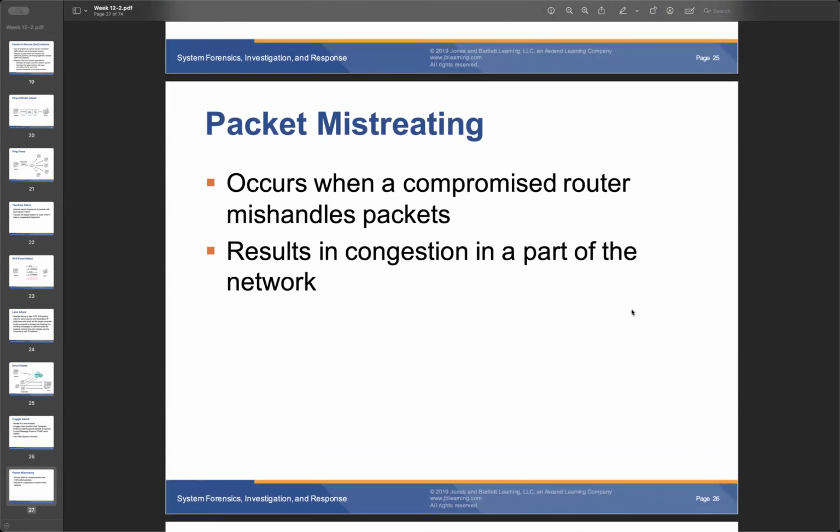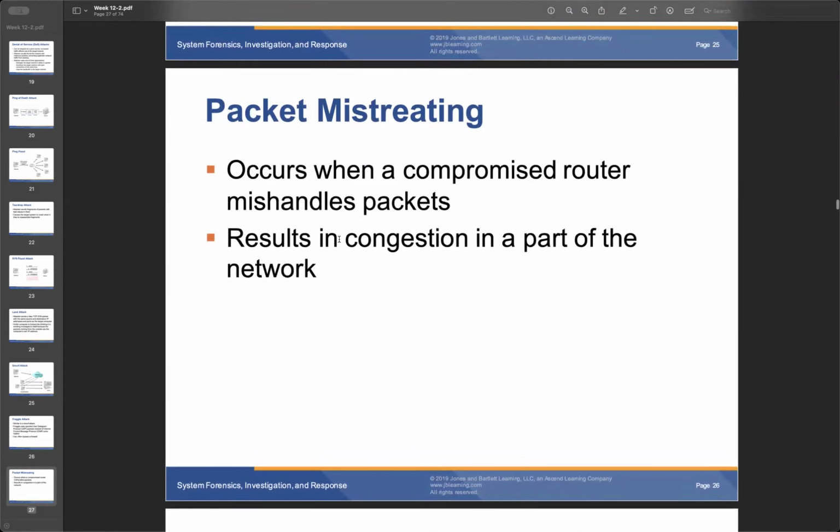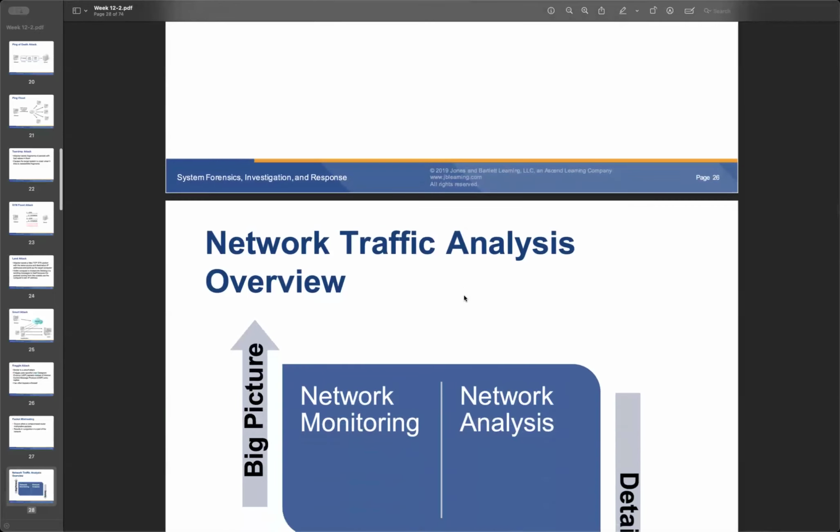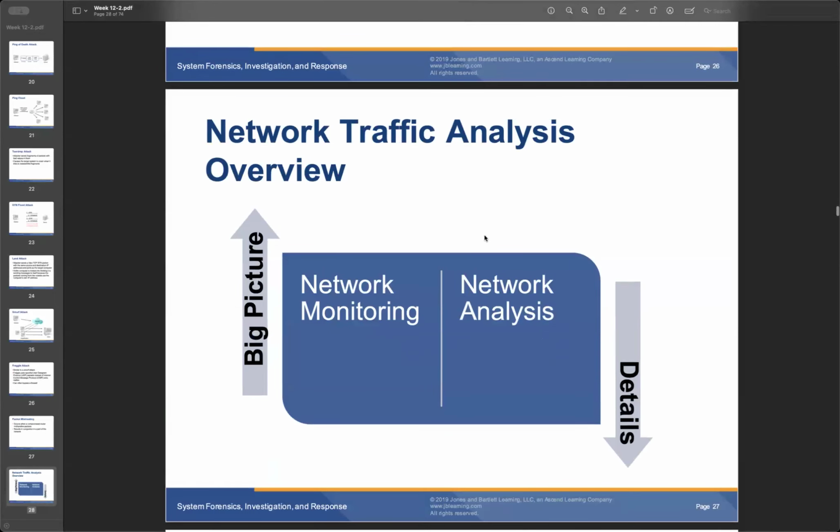And also the packet is mistreated. So when the compromised router mishandles the packet, it will cause congestion in a part of the network, so it causes the packet mistreatment. Okay, and in the network traffic analysis, when we look at it,